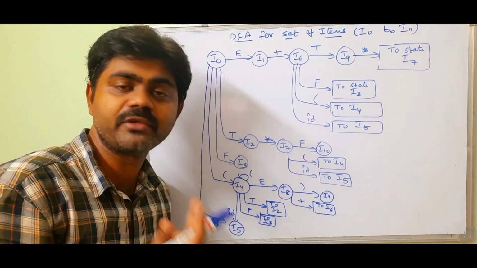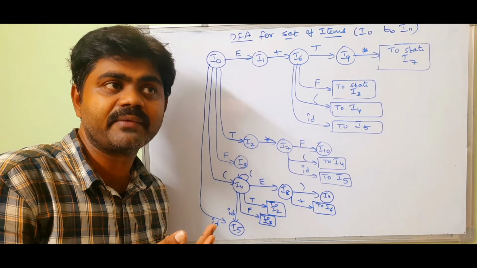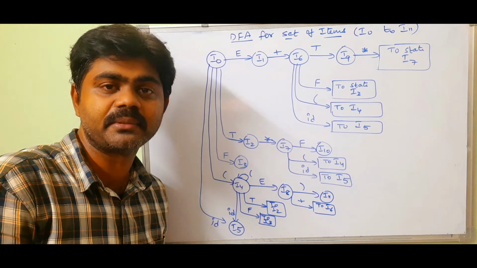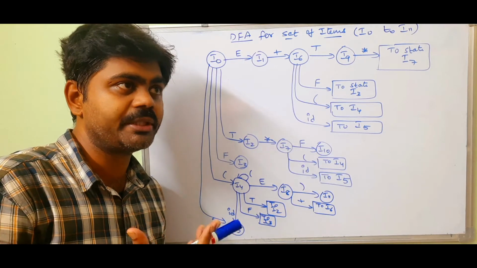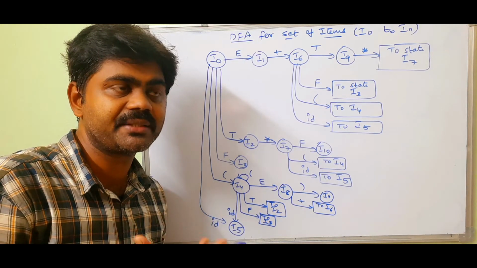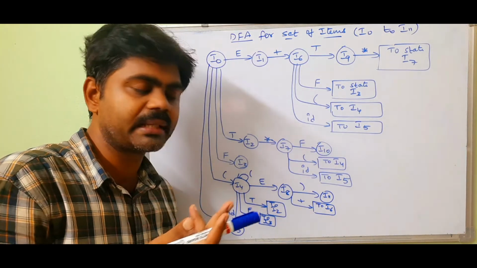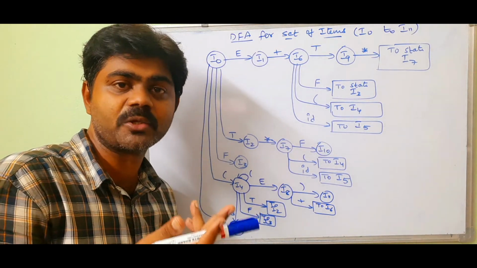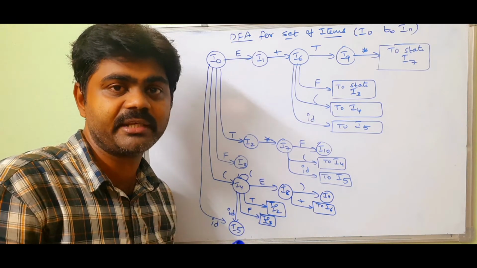In different universities, they may ask you a question like this. They will give one grammar and ask you to construct a predictive parsing table. If they ask for 8 marks or something, no need to construct a DFA for that. You can directly write the canonical set of items like closure and goto, find the parsing table and finally parse the string if needed.